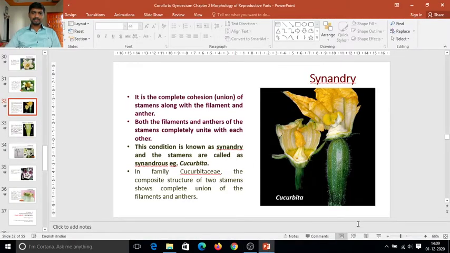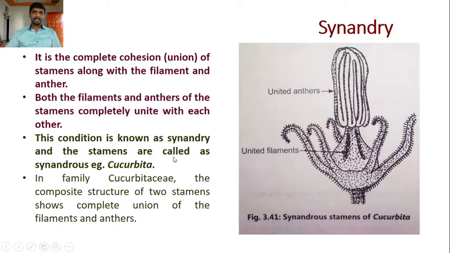Welcome back, dear students. In the last lecture we studied up to the cohesion of the stamen. There are three types of cohesion seen in the stamen: one is Adelphy, second is Syngeny, and third is Synandry. In Adelphy, the filaments are united and anthers are free. In Syngeny, anthers are united and filaments are free, while in Synandry complete cohesion of both filament and anther has